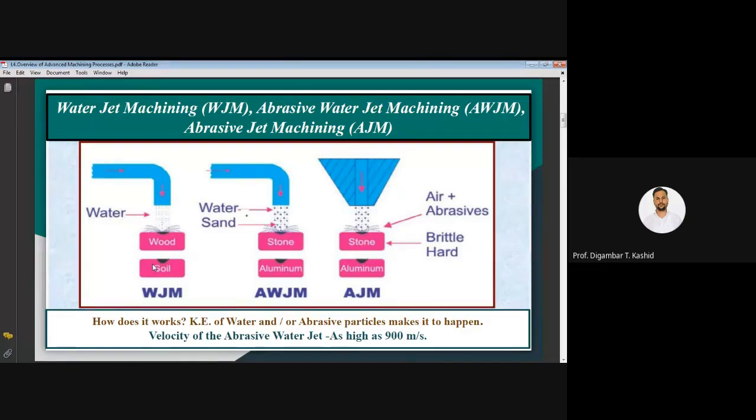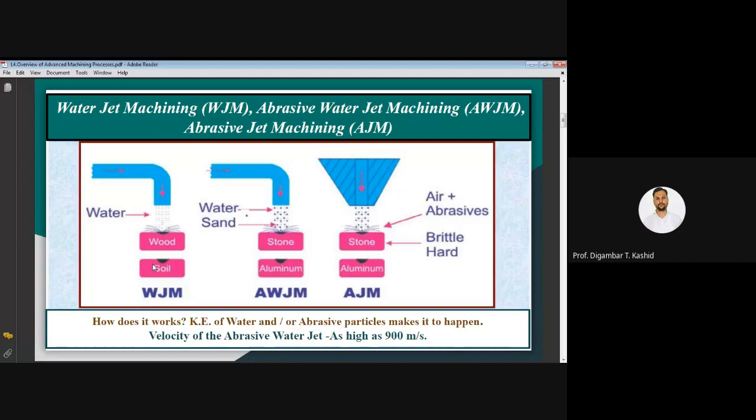Now, if I keep this destructive phenomena for thinking purposes, and I want to convert it into some constructive phenomena, then in my opinion, researchers took this destructive phenomena,